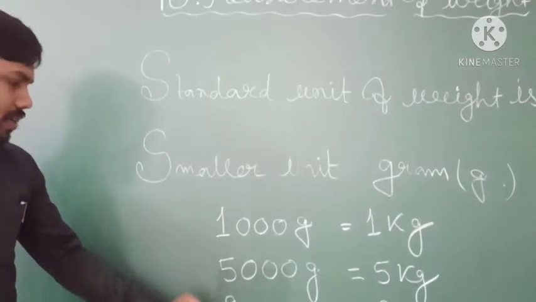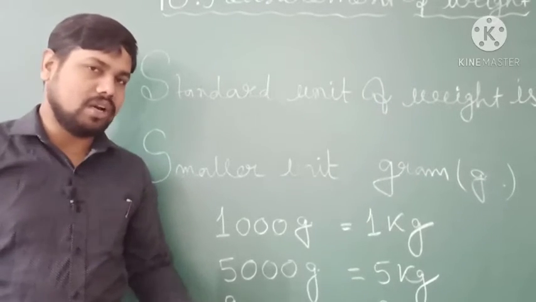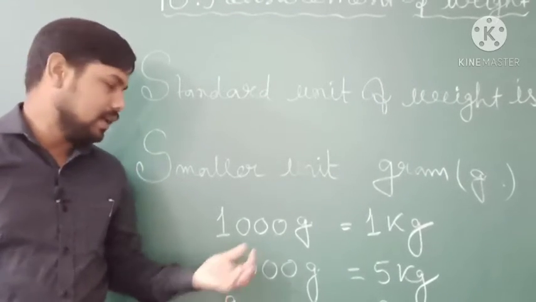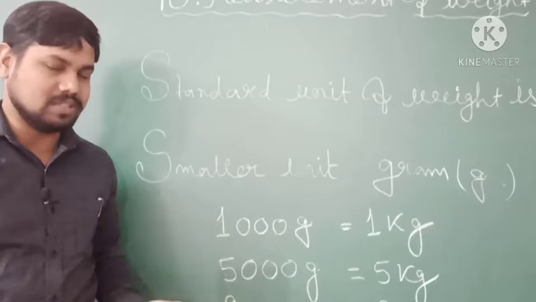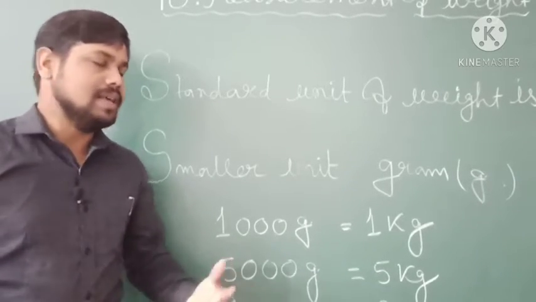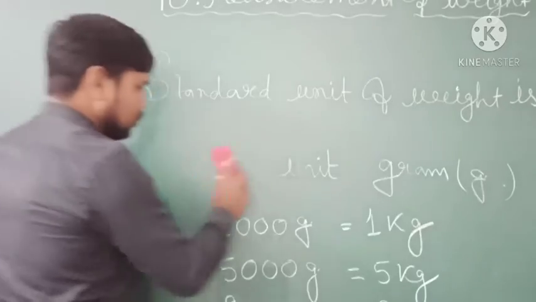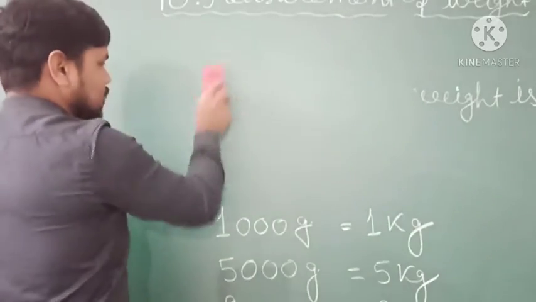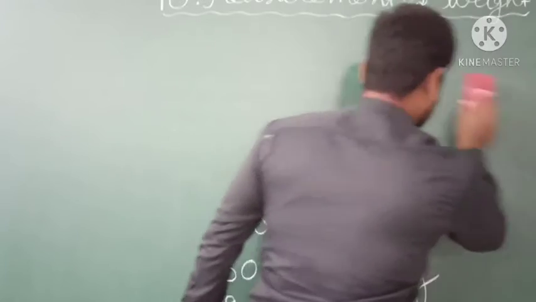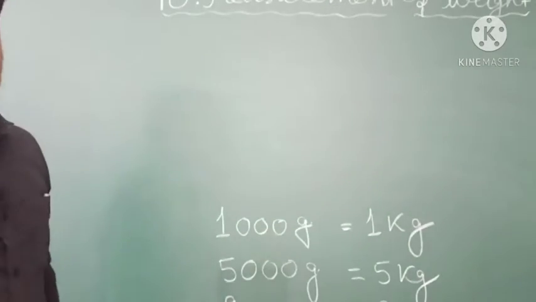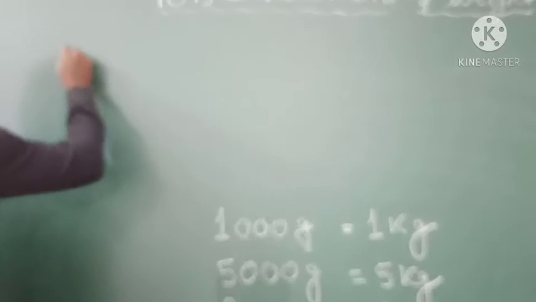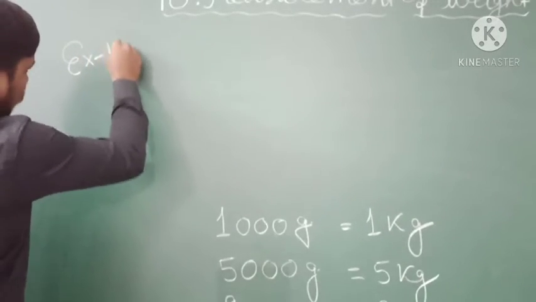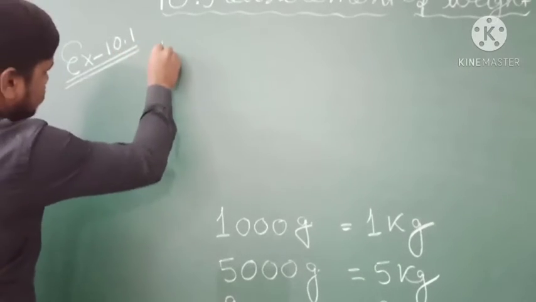Now these are the cases of exact thousands. What happens if it is not rounded to 1000? If there are other digits after the thousands, numbers in the hundreds, tens and ones places, how can we convert? Let's see. It is also very easy. We just separate the thousands place number from the hundreds, tens and ones. The most important thing about that we will learn after discussing some questions from exercise 10.1.